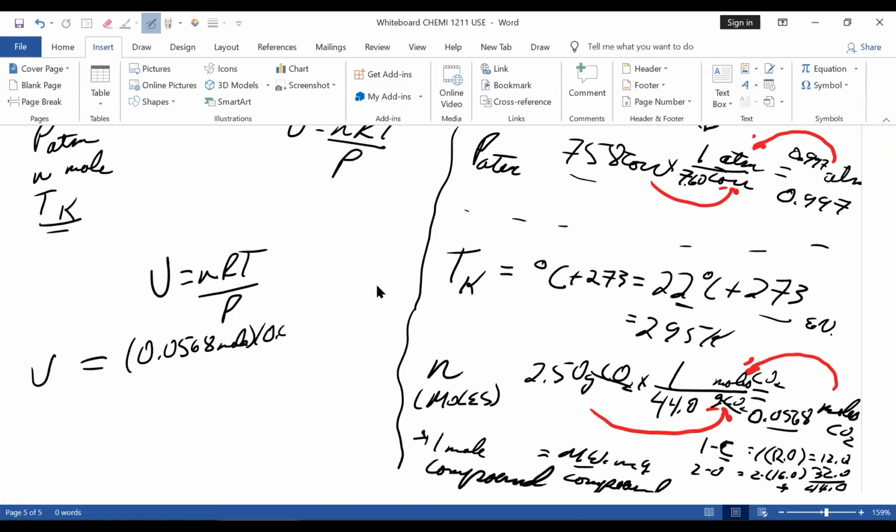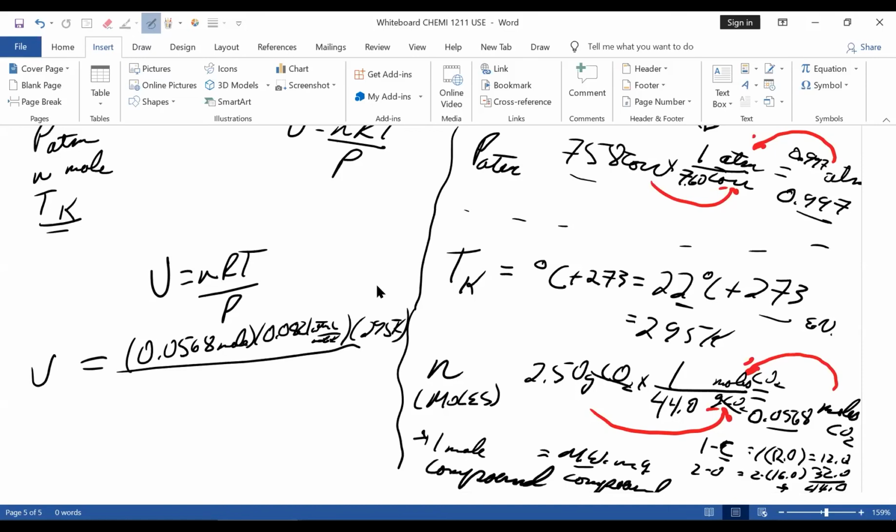R is 0.0821 atmospheres liters per mole K. Sorry, I made it so small. And this is 295 Kelvin divided by the pressure,